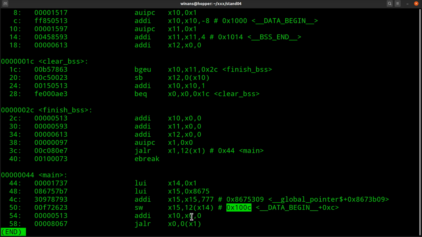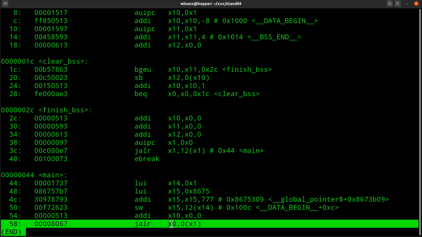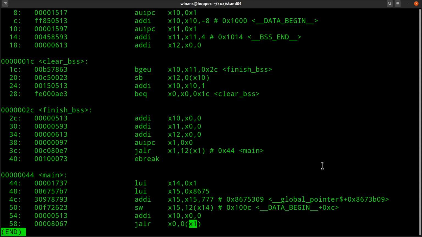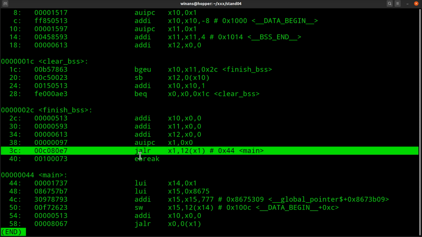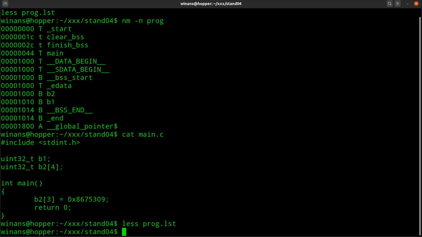When it's done with that, what does it do? It puts 0 into x10. Well, that makes sense because remember, x10 is the register that's supposed to hold the return value for the function. And main.c, as you recall, had a return 0 in it. It then branches to x1 and throws away the return address. When this gets to here, it's returning from the jal up here to execute the ebreak right there. So let's go ahead and run this now